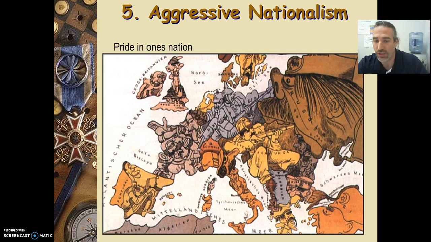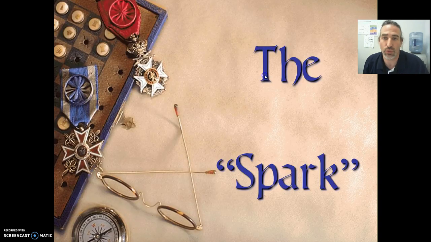This political cartoon's kind of fun. You can see Russia looks like they're going to eat the rest of Europe, and the Ottomans kind of in the bottom right corner down here kind of just glaring at everybody like, I'm better than you. And Britain up here looking like, yeah, I'm better than you. And everybody here like, oh, we're going to fight you because we're better. And it's very violent, and it's very, we're better than you, and that's going to lead to war.